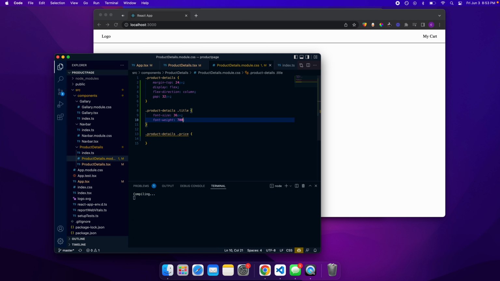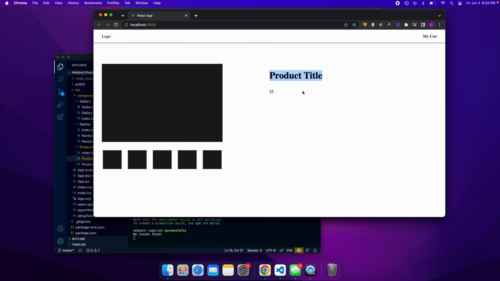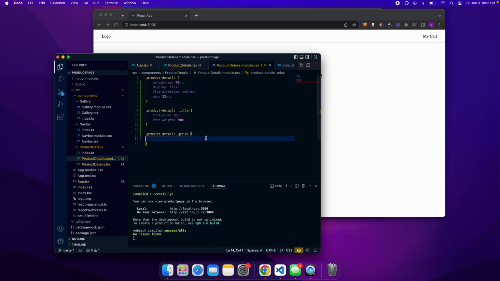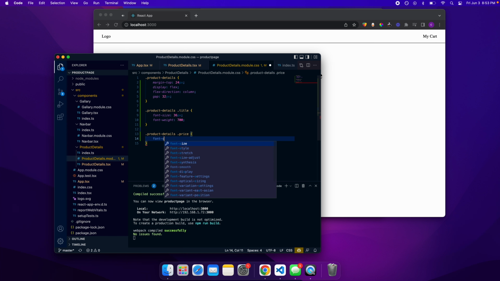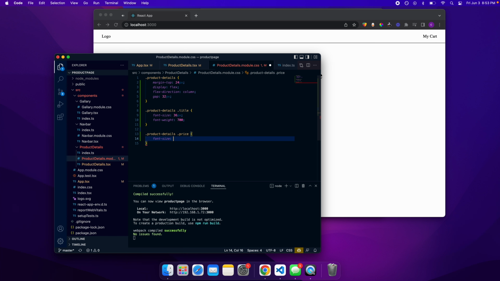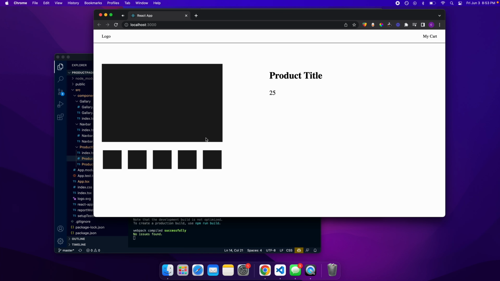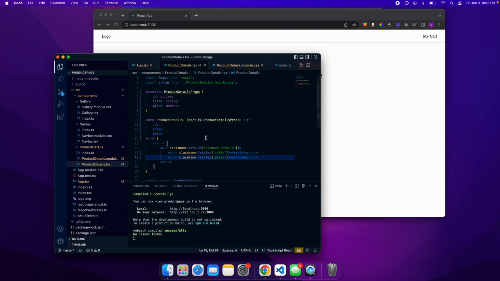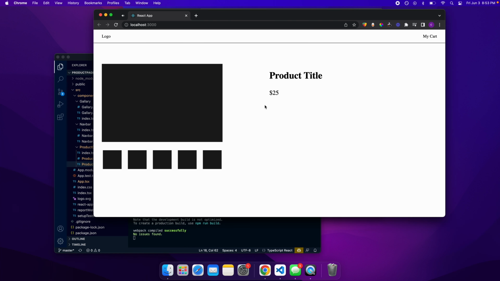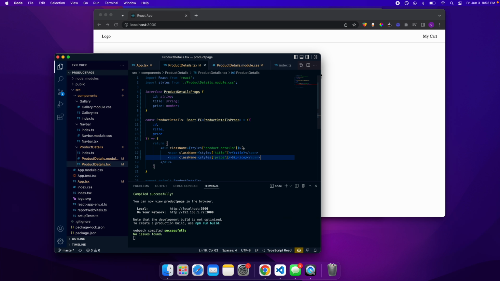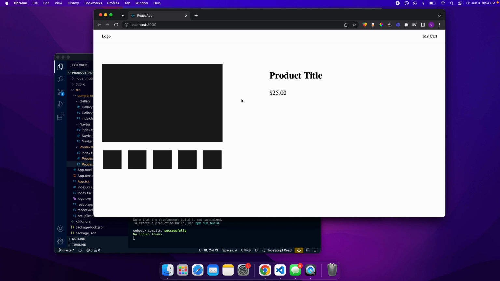And actually I'll do 700, make it a little bit thicker here. Perfect. And so now for the price, we will give it a font size of, let's do 24 pixels. And what we will want to do as well is give a $ before the actual price. And we will also set it to 2 decimal points so that it displays our cents as well for our